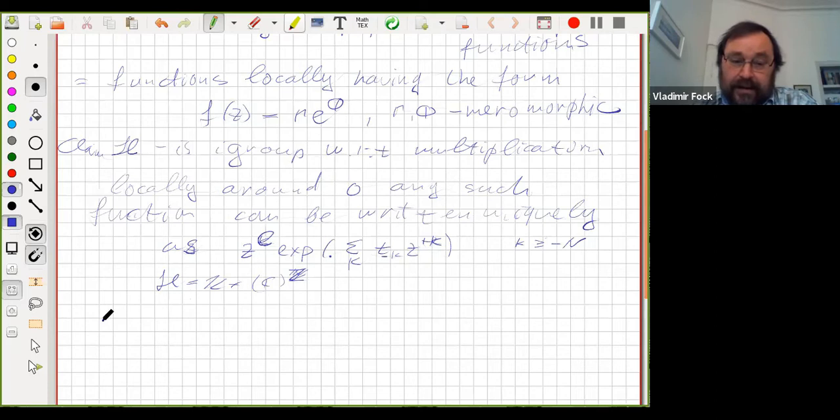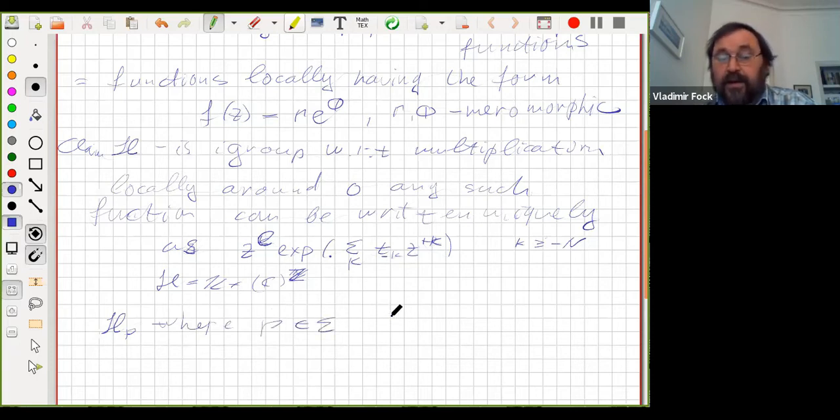So this group is called H. This group H contains H_P. By definition, H_P, where P is in our surface sigma, is the group of